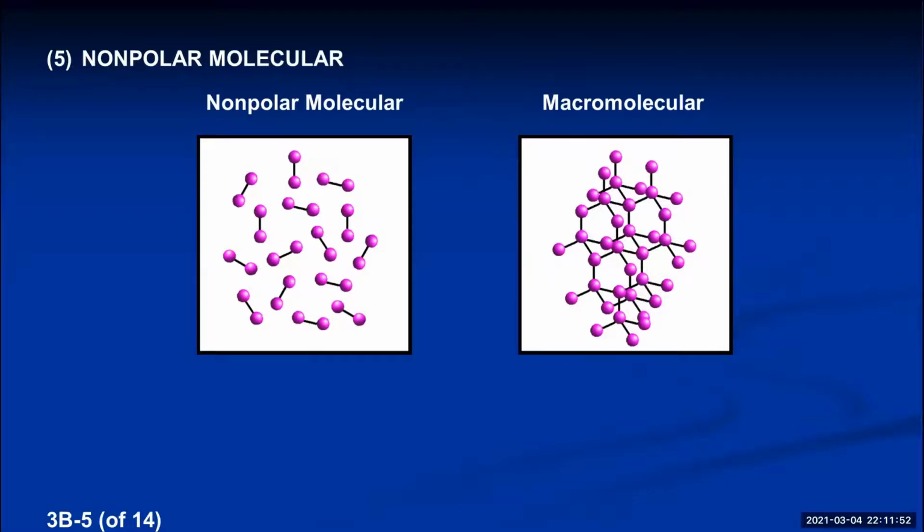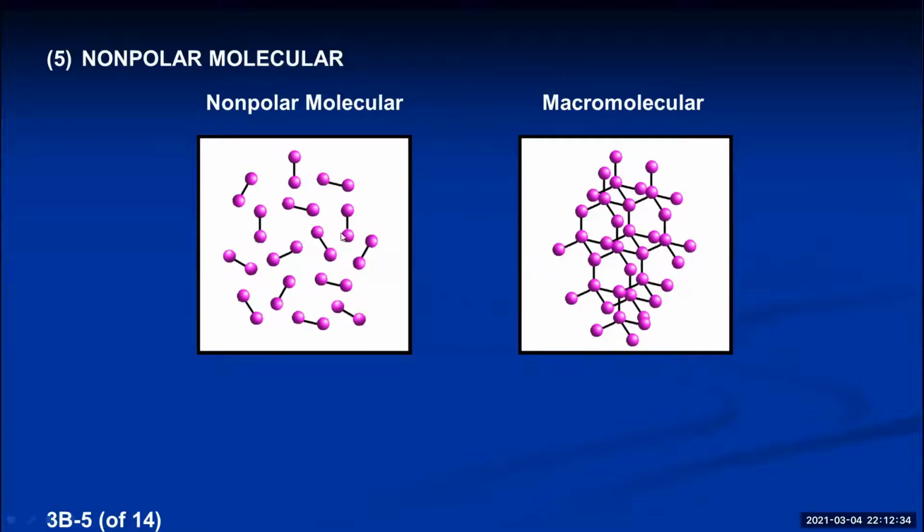This might be the most important picture in the entire thing today. Look at the macromolecular substance. This could be like maybe elemental carbon as a diamond. Here's a carbon atom. What do those black lines mean? Those are covalent bonds. So this carbon is covalently bonded to 1, 2, 3, 4 others. What's this one doing? It's covalently bonding to 1, 2, 3, 4 others. What's this one doing? Covalently bonding to 1, 2, 3, 4 others. So the very top atom in the entire diamond is connected through a whole series of covalent bonds to the atom at the very bottom. The entire crystal is covalently bonded together. That's why it's called macromolecular. It's like one giant molecule.